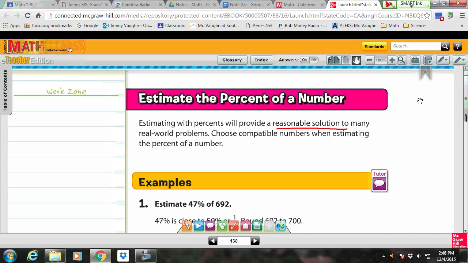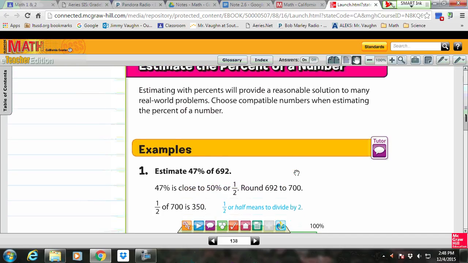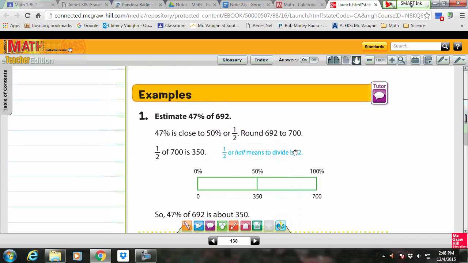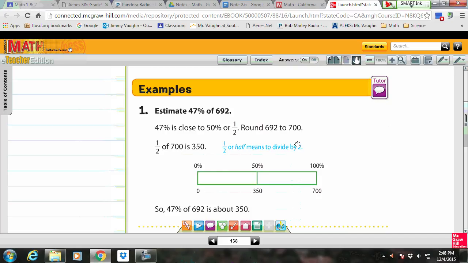This is what most people do in real life when they're in the store trying to figure out what 30% off of that bag of chips is. If the chips are $2.99, I'm going to estimate. I'm not going to do it exactly there in the store to see if it's a better deal. So before I get into their lessons,